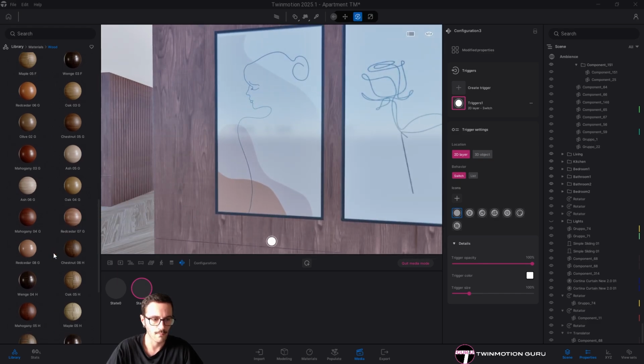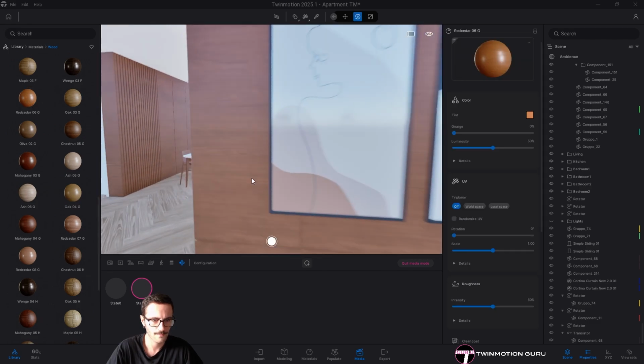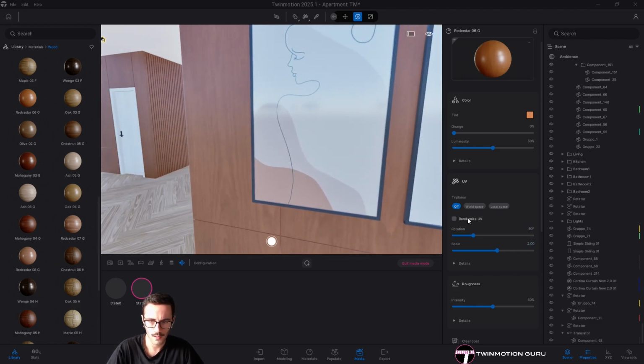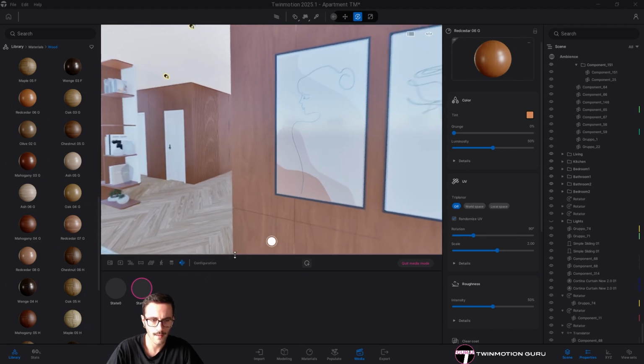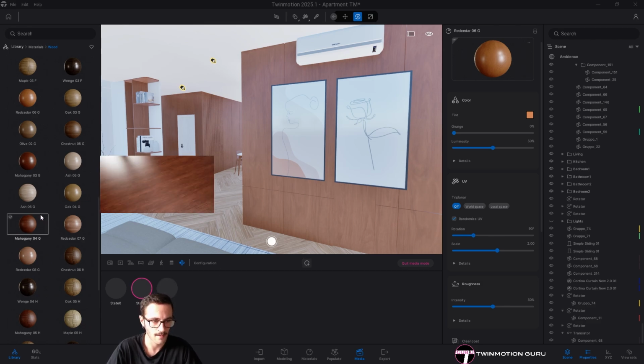So for instance, I'm changing again the material with this, no, maybe this one. I don't know why it's oriented this way. So by just scaling it and also randomize it. Then click again on the plus icon to create another state.